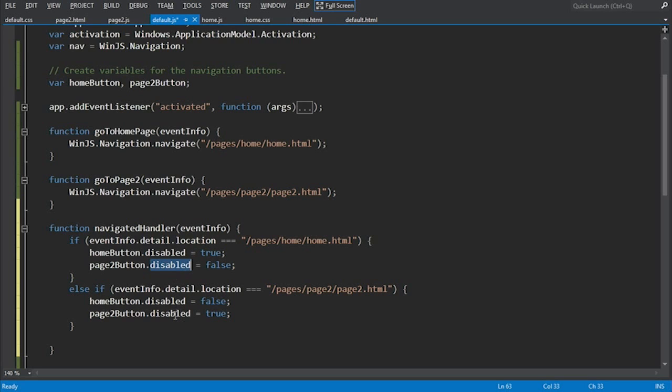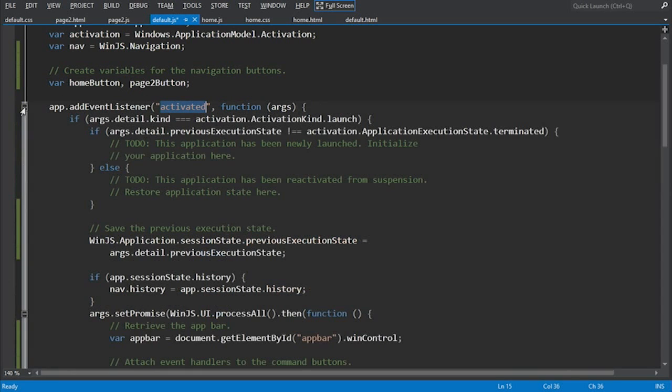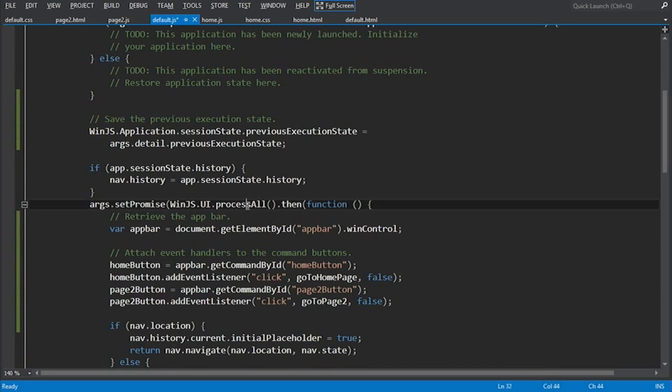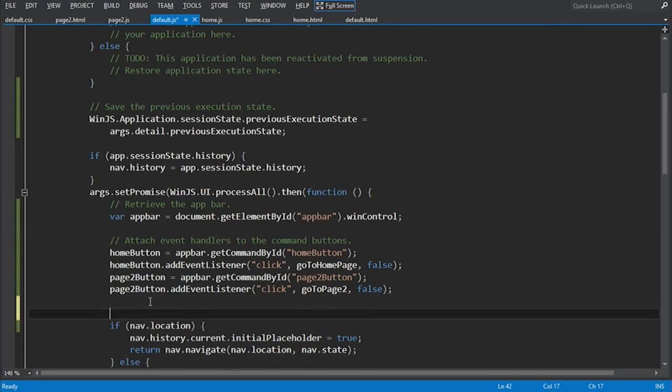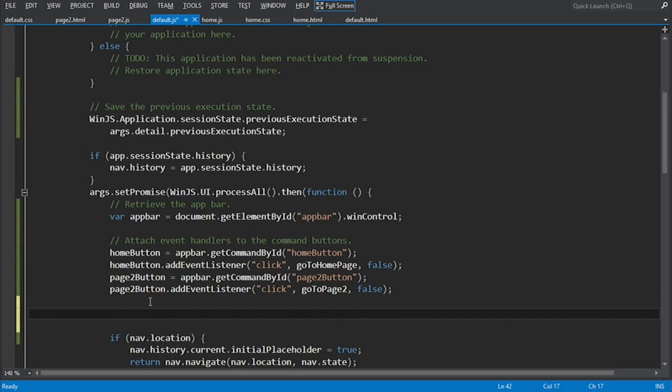So just to recap here, our navigated handler, depending on the location, we're going to be disabling or enabling buttons. Now we need to wire this up using add event listener. And to do that, we're going to go into the activated add event listener and expand this and find the process all. So we have the promise that we know this code is going to run. And this is where we're going to add the method to be able to call our function. Just between the page 2 and the nav.location, we're going to call an add event listener on navigation. So we'll say